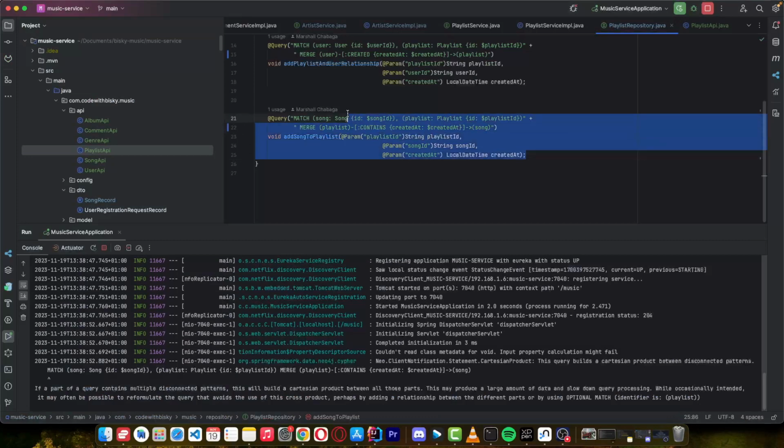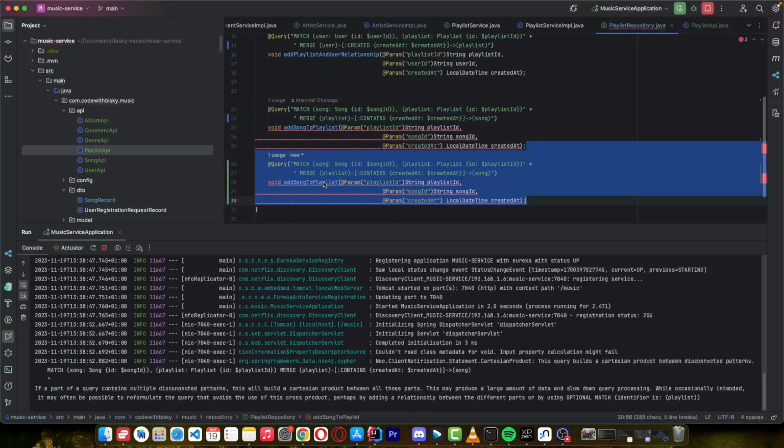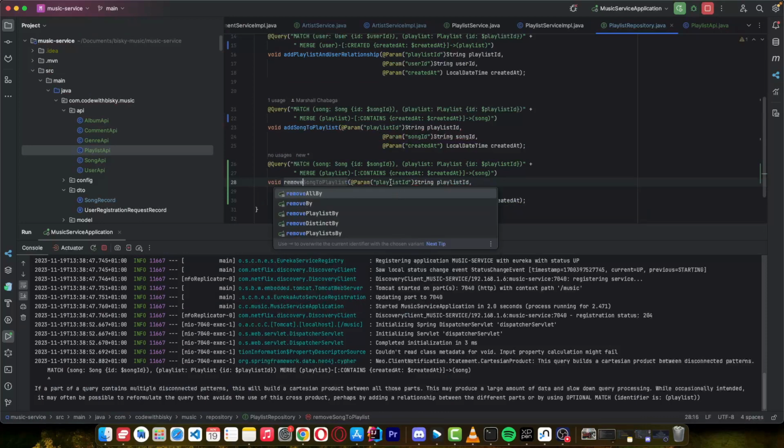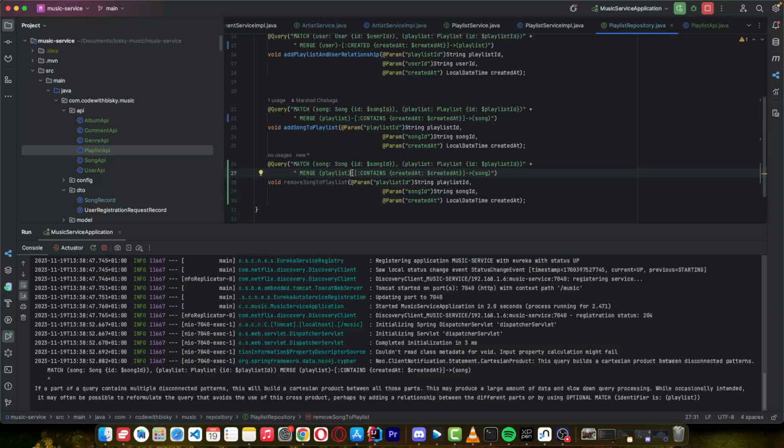We can also remove the song from playlist, which is remove song from playlist. So you look for song and playlist ID, and we can look for the relationship here, which was playlist contains a song. So let's copy the relationship here, and I can cut this, and here I just say delete. Remember, we want to delete a relationship, so I just delete relationship,